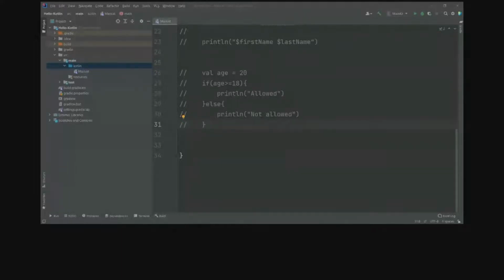Switch case. Okay. In Kotlin we don't have switch case. Instead, we have something called a when statement. Just a minute, I have a piece of code written here. Let me paste that really quickly.